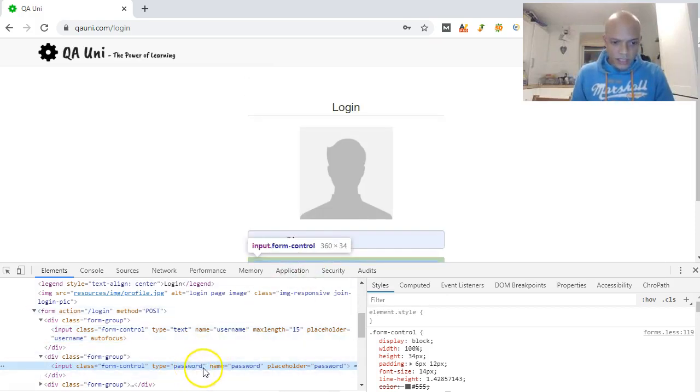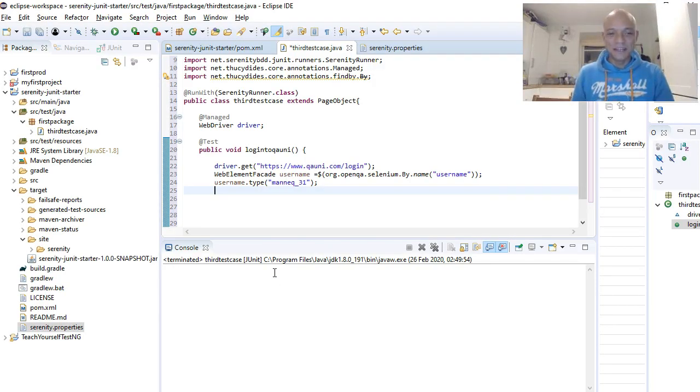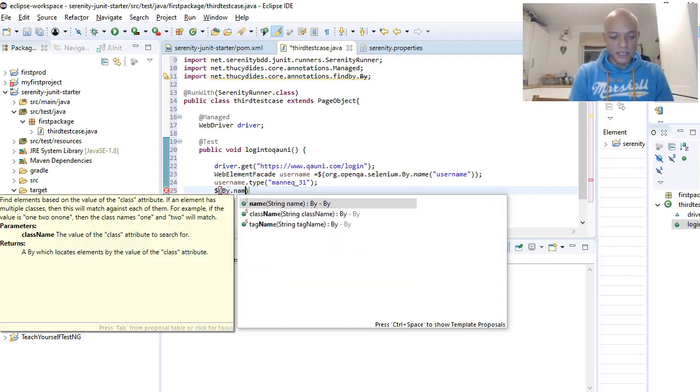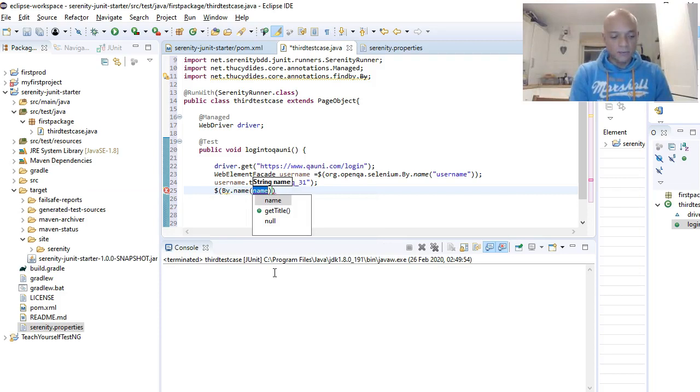Right, so again, we want to use a name locator. Name locator, and the name is called password. So we go back here, and all we want to do is the same thing. Use our $, open and close, and within here we say By.name, enter, open and close, and then in here we want to put password. So we have identified, located our password field